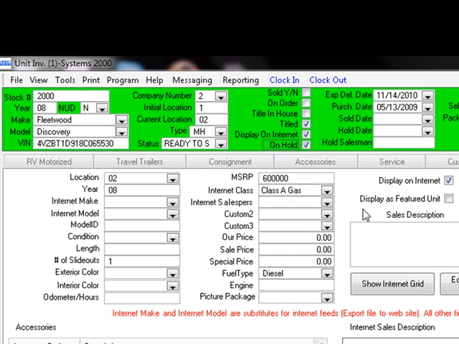This allows you to continue with your standard nomenclature of your units inside your dealership. But as these units are uploaded to the internet because they've been checked as display on internet, you can then display them in a standard format that most dealerships use on the internet. If your internet site has a display as a feature unit, you can check these boxes. And these will send over tags for each unit